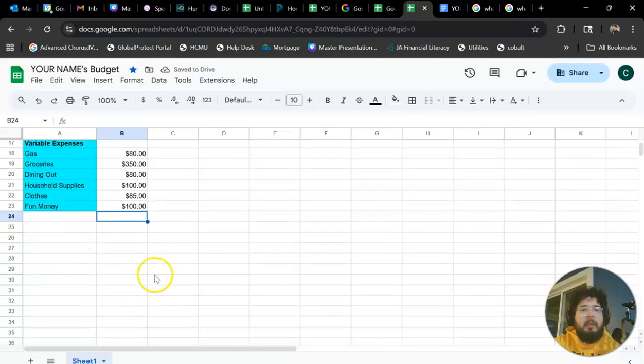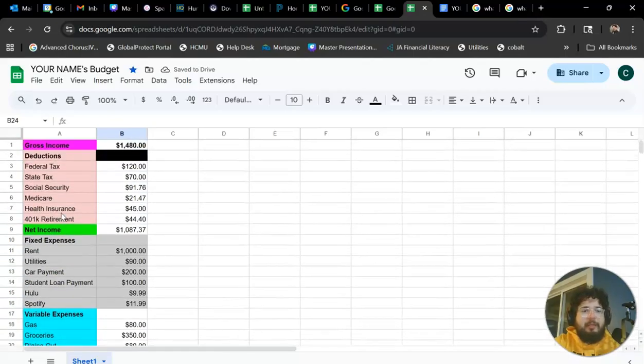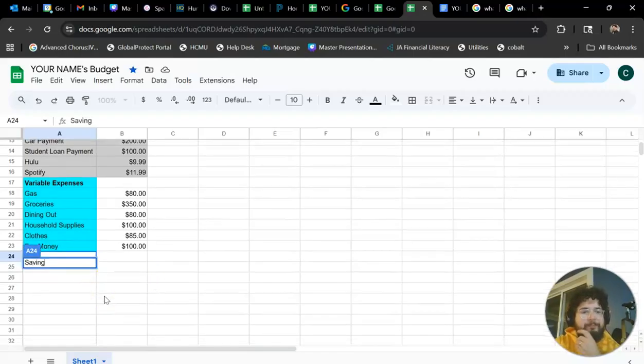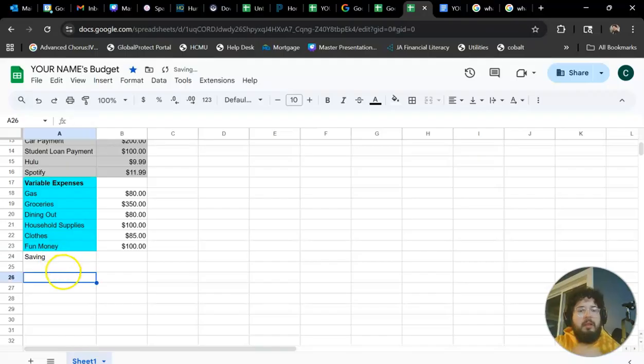Okay? This is the last category that we're going to get through, and it's going to be the saving category. So go ahead and write saving right here. And then here's where your project you just did is going to become a little bit more real life. Think about your 5-year, your 10-year, and your 20-year goal, right? So for my wife and I, our goal for the last 3 years was to save for a down payment on a house, right? How many of you put that as your 10-year goal, right? I've been reading your projects. A lot of you did.